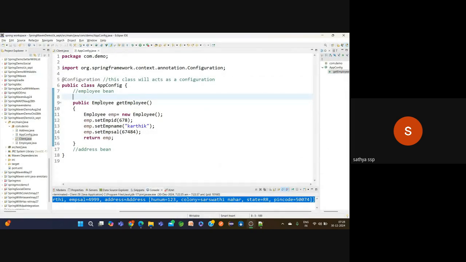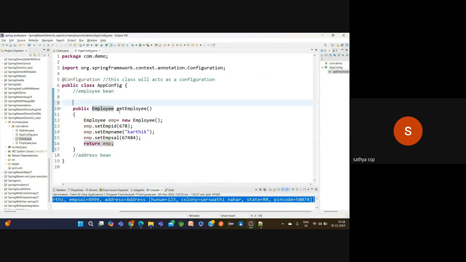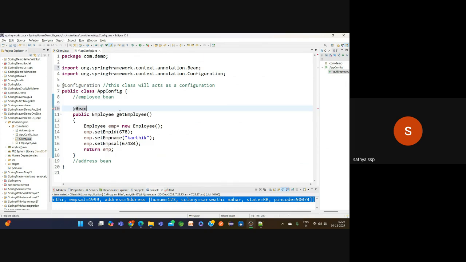Okay, the bean annotation for what? Employee bean. I want the @Bean annotation. Okay, Control Shift O. Now, what is the ID for this class? Simply, I can use Satya. Okay, see here, this Satya is the ID, which in the client class